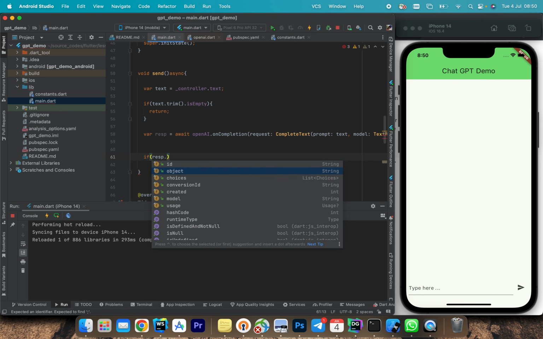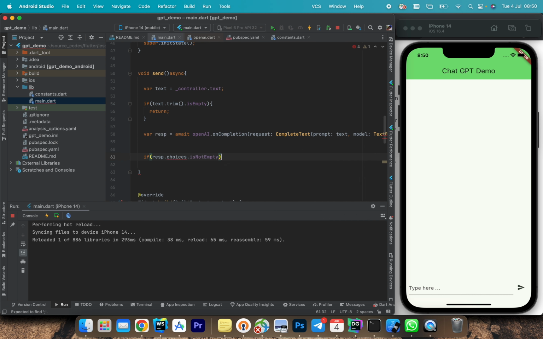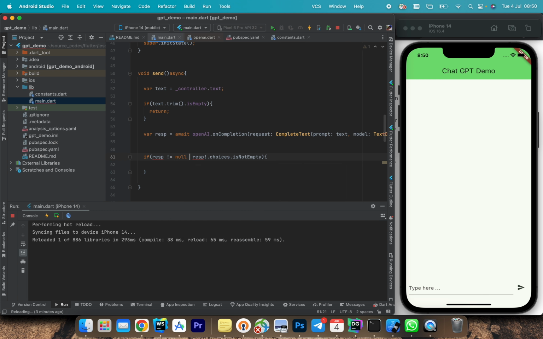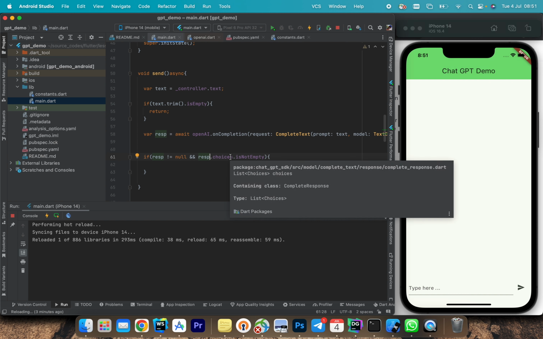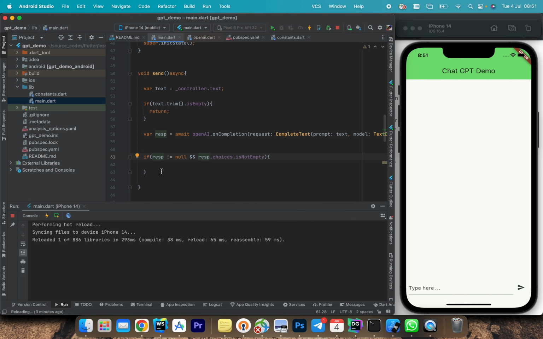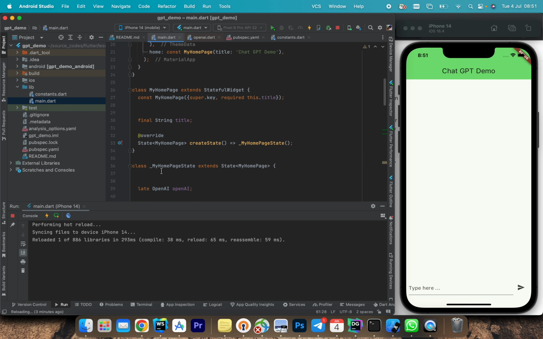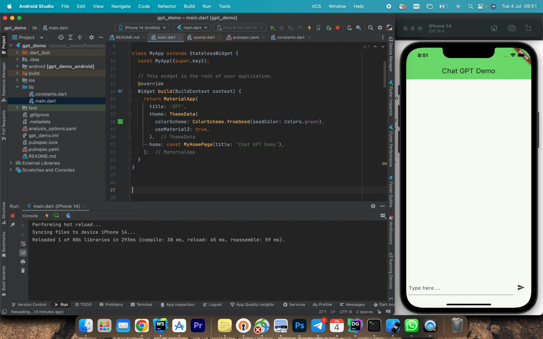So we have to check that the choices are not empty. We have to check if response is not equal to null, and then we have the choices in our request. So we have to create another class that we'll be using to show our response from